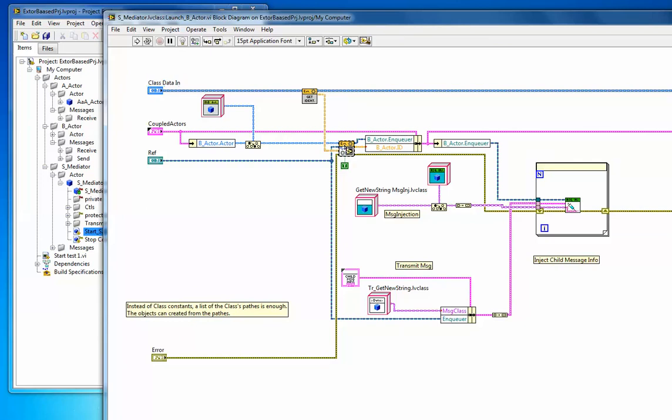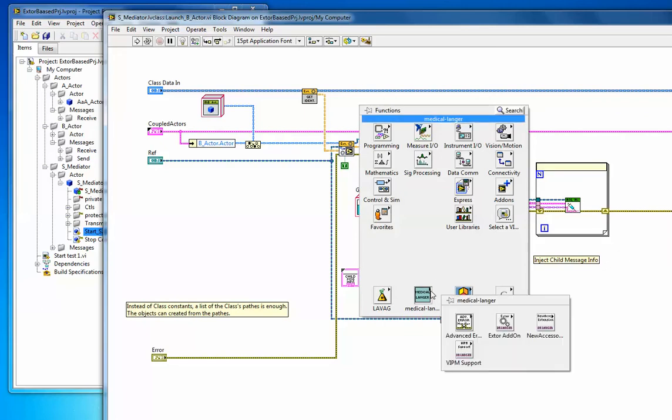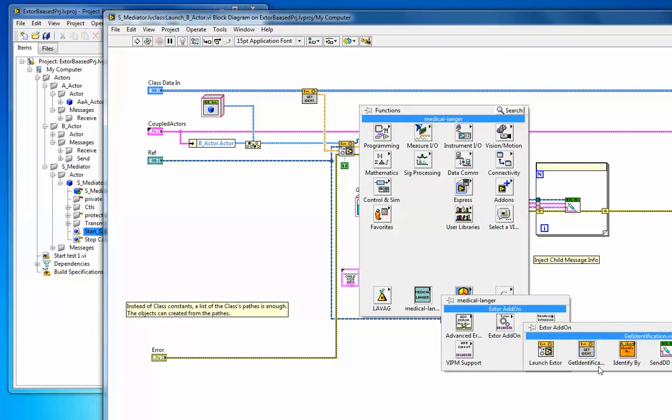First of all, you see that there is an actor launch VI. Let me show you where you can find it. There is a medical langer subfolder, sub-palette after you install the advanced message maker, and in that there is an actor add-on, and in there you can find this launch actor. It has the same inputs as the launch actor. There is only one extra input, which is